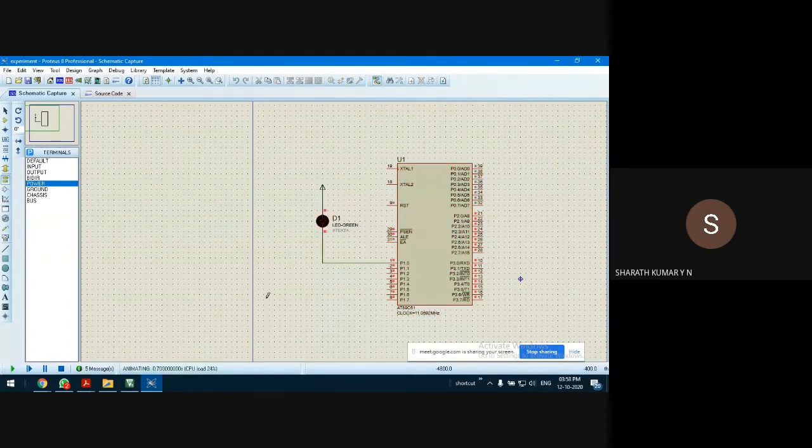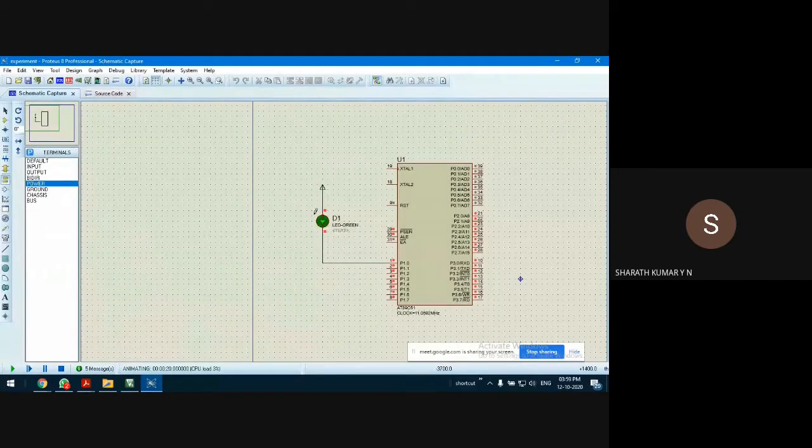If the program is fine and everything is fine, it will blink. We are expected to see a blink at a rate of 1 second. In the theory, we have understood that the Xcode size depends on three factors. One is the crystal frequency, the second is the programming language, and the third important point is the compiler.